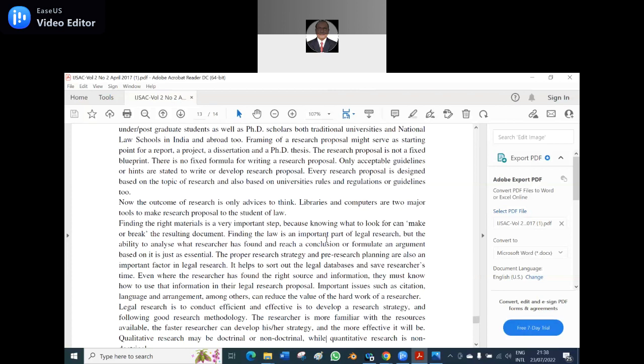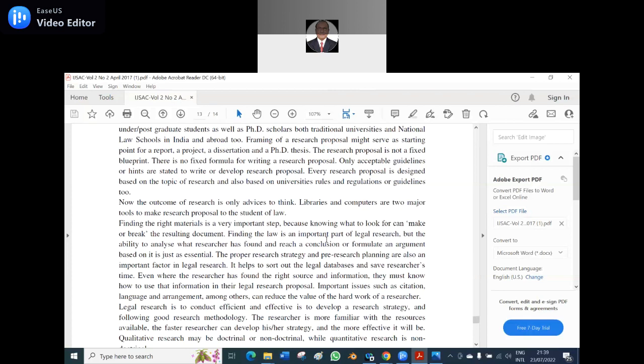So now finding the right material is a very important step, because knowing what to look for can make or break the resulting document. Finding the law is an important part of legal research, but the ability to analyze what the researcher has found